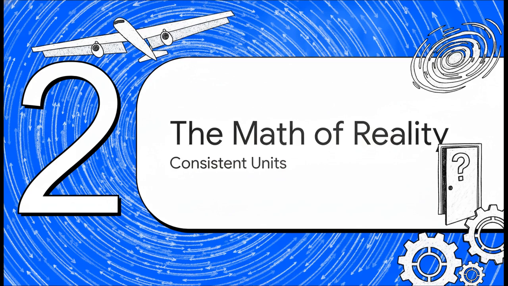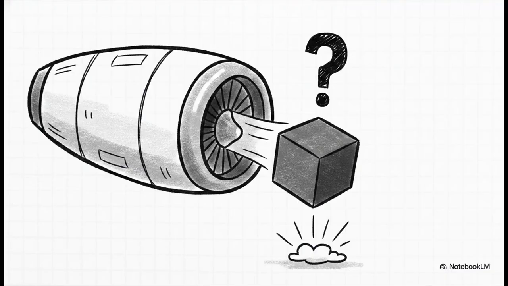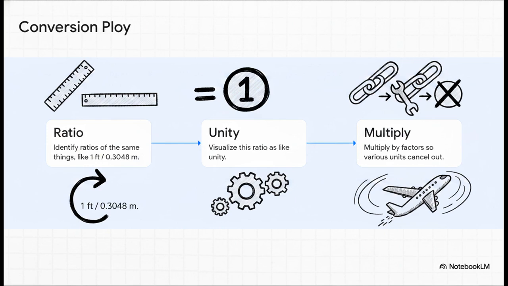Understanding the air is step 1, but modeling it mathematically means avoiding the biggest trap in engineering. So, here's something absolutely crucial. Unit conversion is not just some annoying math chore you do at the end of a problem. It is a strict, necessary translation of physical reality. If your units aren't perfectly consistent, your entire model completely breaks down. A really great sanity check in aerospace engineering is just looking at your final units. If your calculation for engine thrust ends up giving you a unit of volume, well, you've fundamentally misunderstood the physical reality of the system. To prevent those kinds of disasters, engineers use a foolproof trick that I like to call